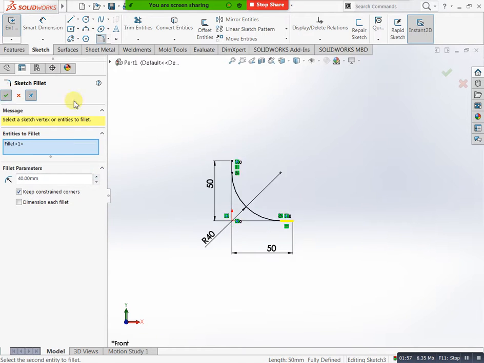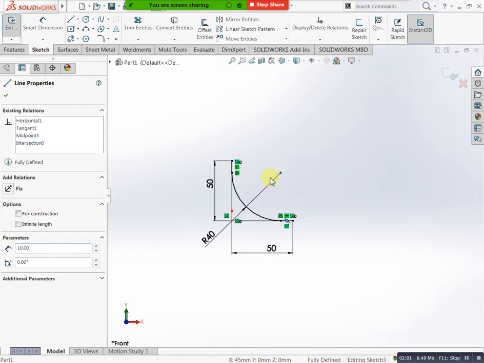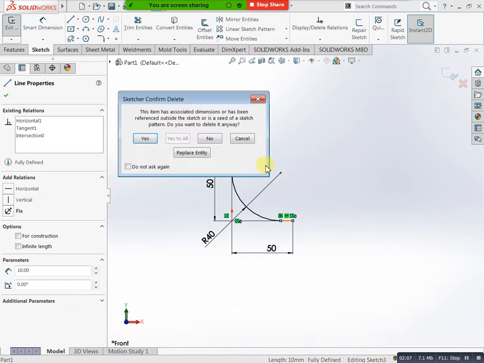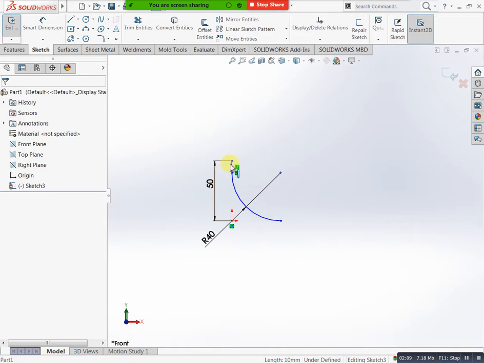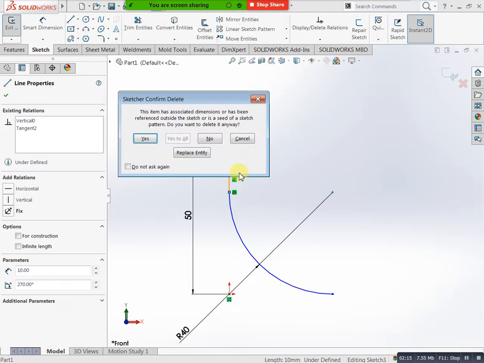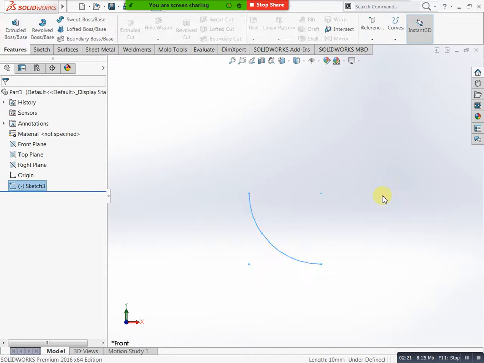After that you can remove these two lines. Then you can do finish sketch. This is our path, the elbow path. For this one, here we have swept boss or base.